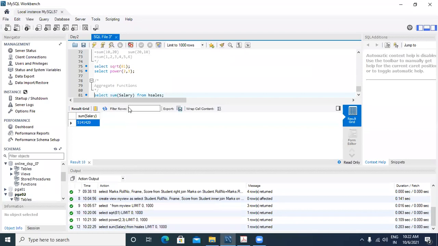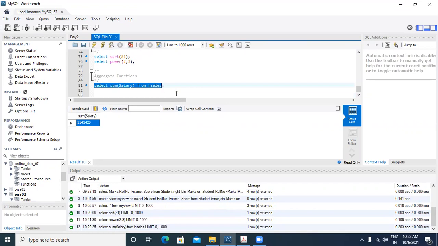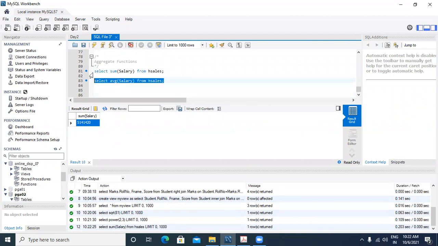So guys, when you say sum of salary, salary is not one input. You can't call this a scalar function because you see only one name appearing here. This is not a value. This is the variable name which holds 165 salaries. So behind the scene, you have passed 165 inputs to some function, and this is the output the function is returning. Similarly, in case you're looking for average salary, you have to say select average salary from H sales, and this is going to return